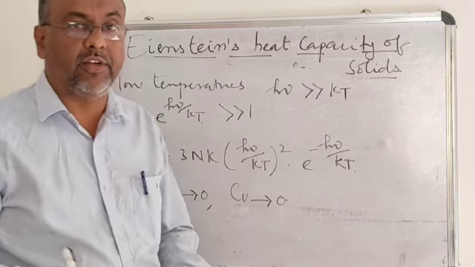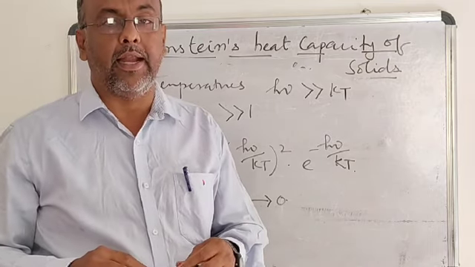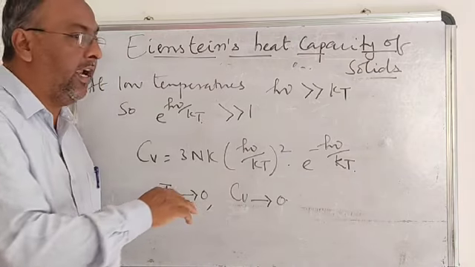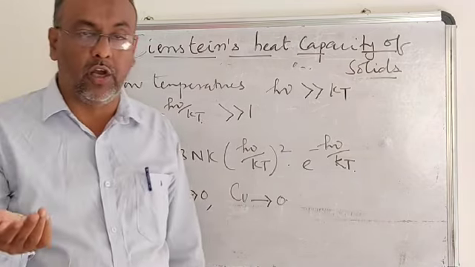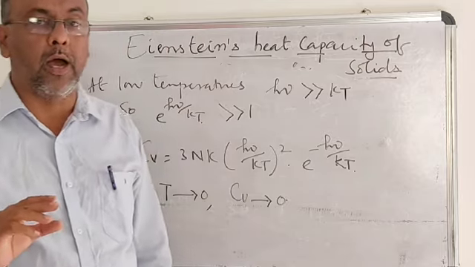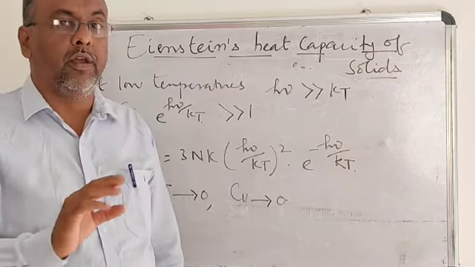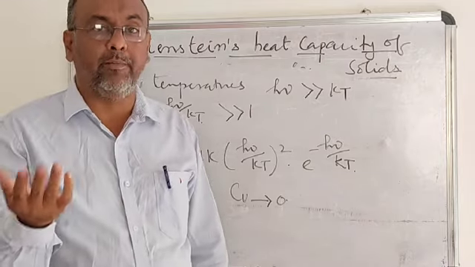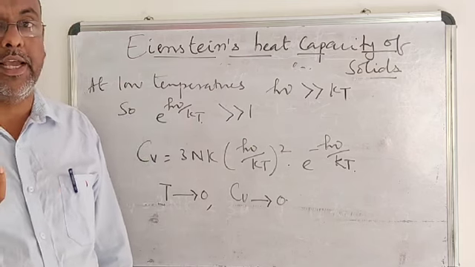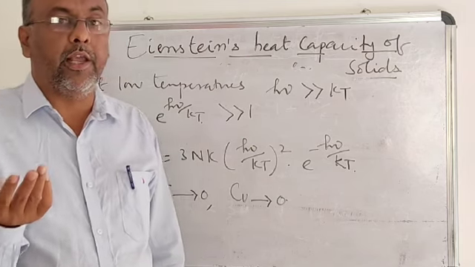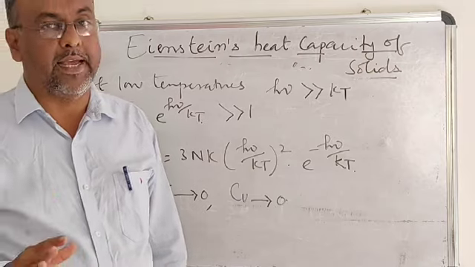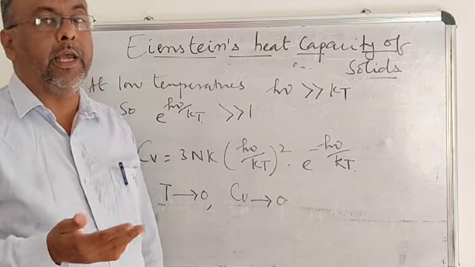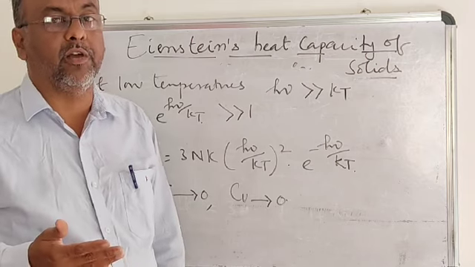So today we have studied the nuclear partition function and its contribution towards heat capacity, and next we have studied the heat capacity of solids. We have studied Dulong-Petit's law, and following this we have also studied Einstein's heat capacity of solids at different temperatures, what happens at higher temperature, and what the heat capacity of solids will be at low temperature. In the next class, we will study the next theory of heat capacity, that is Debye's heat capacity of solids.